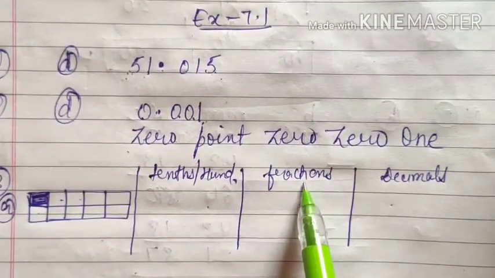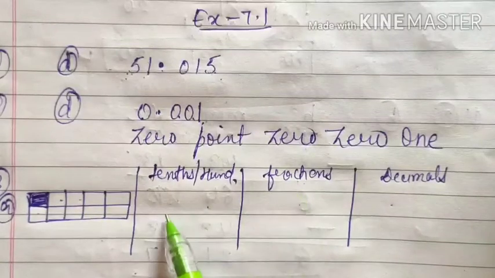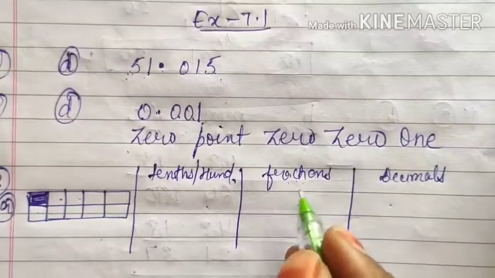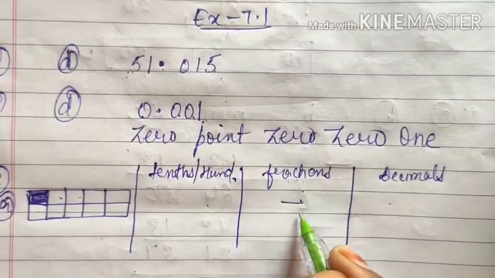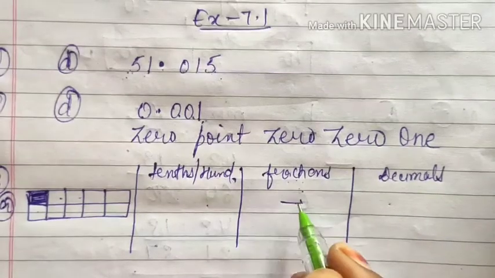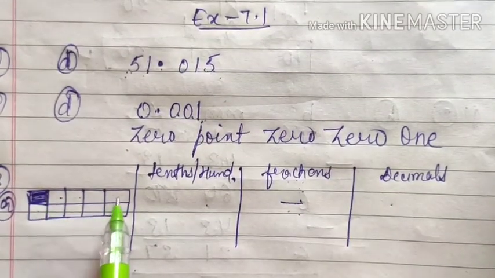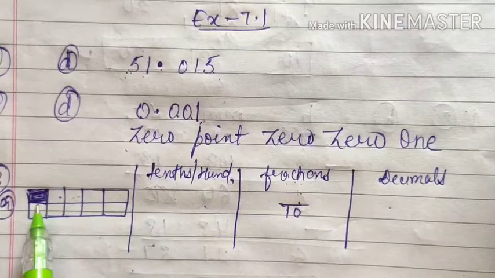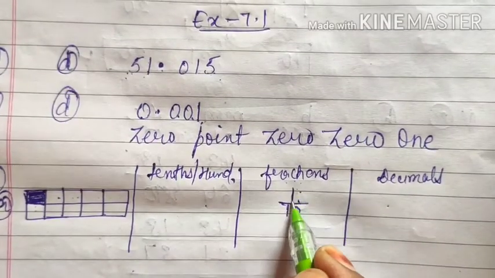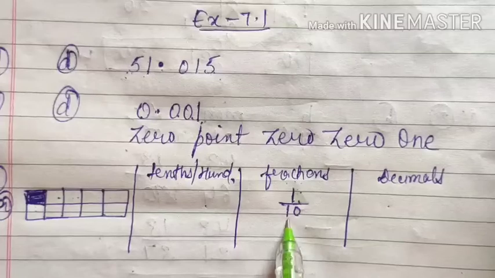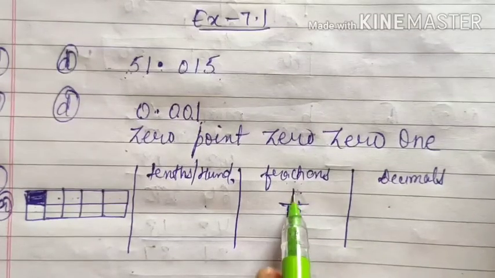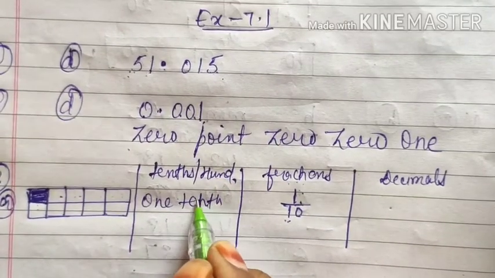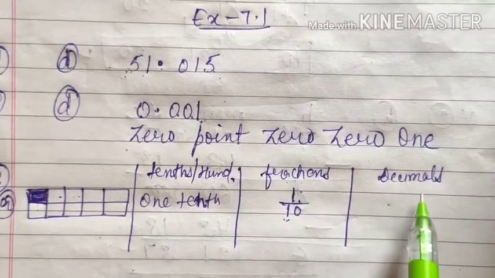While filling this, our first work will be to write it as a fraction. And in the 6th chapter we have learned how to write a fraction. In a fraction we have one numerator, one denominator and one division sign. In the denominator we will write the total number of boxes. So it is 10 here, so write 10. In the numerator we will write the shaded portions. So only one portion is shaded, so we will write 1. So how is it read? How did we read it at that time? We read it 1/10 when we learned fractions. So here you can write it as 1/10. This is 1/10. And now how to write decimals?